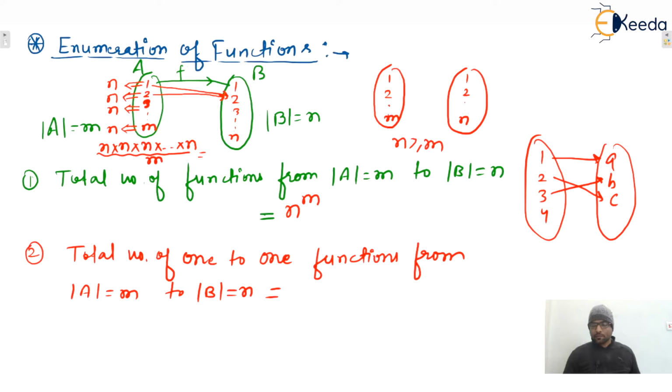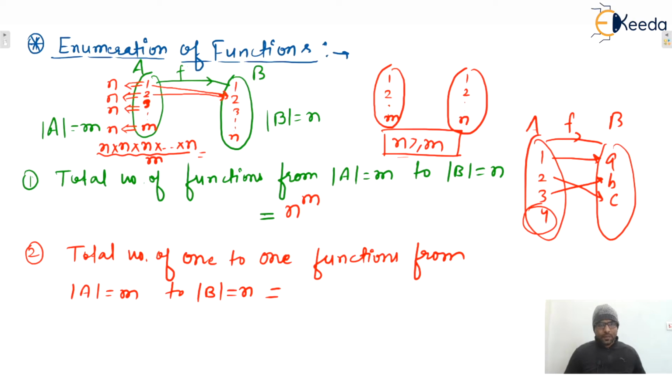Why? Because if function is from set A to set B, then one element is unmapped, and that is not allowed inside the functions. In the functions, in the set A, every element must have an image inside the set B. Then only that is a valid function. Otherwise, it is not a valid function. So remember, for existence of a one-to-one function, n must be greater than or equal to m. That means number of elements inside the set B must be greater than or equal to number of elements inside the set A. The total number of one-to-one functions is equal to what?